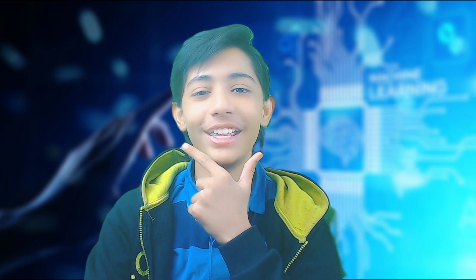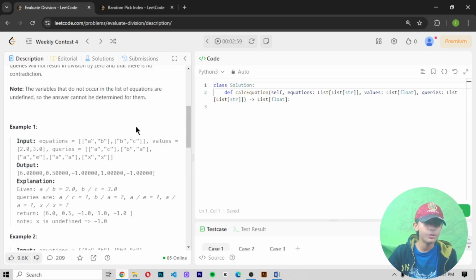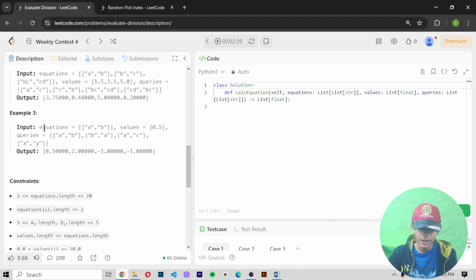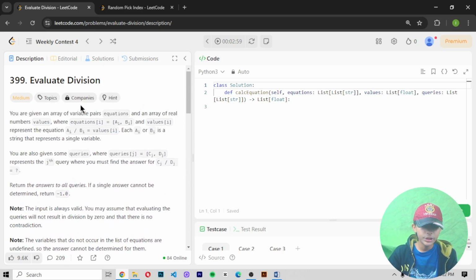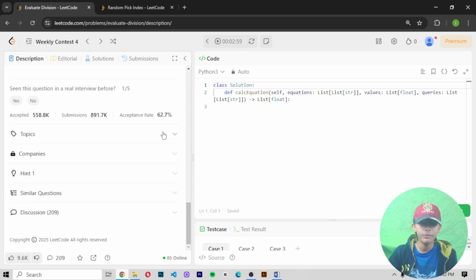So let's move to the big screen and let's do some coding with love. So this is the question. This video must be bigger because the question is very big and the examples are all very difficult, but we will solve it. So let's see the examples and the question. First of all, we drag and drop this question with the examples and constraints into the Word file to explain it to you very carefully. Okay, so now let's start.